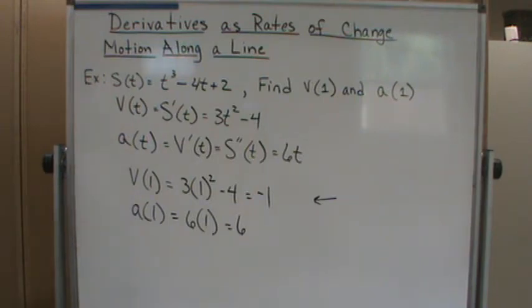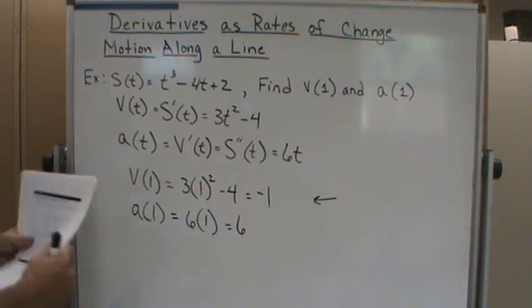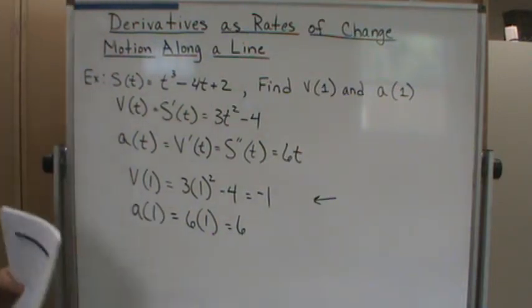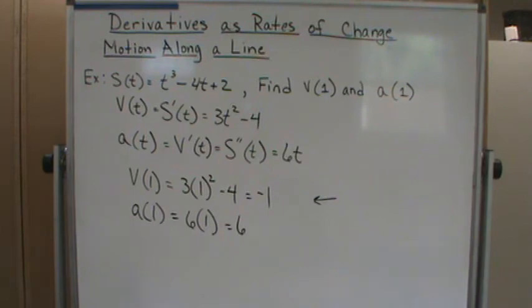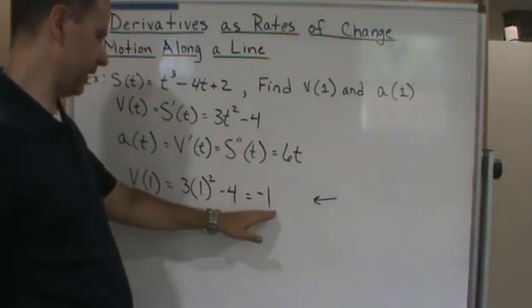Okay, well, in order to answer that question, we have to look at the acceleration. Because remember, acceleration is change in velocity. So whenever you're increasing velocity, that's a positive acceleration. If you're decreasing velocity, that's a negative acceleration or deceleration. So in this case here, 6 is positive. So what does it tell us? It tells us that it's increasing. Okay? So, oh, by the way, we also have to look at this. It's increasing